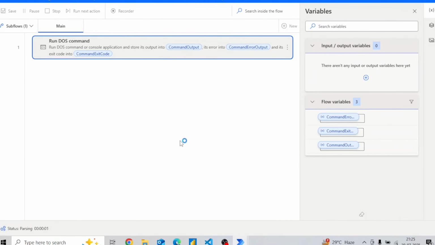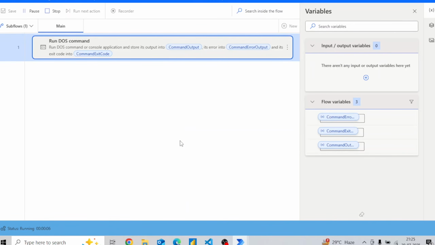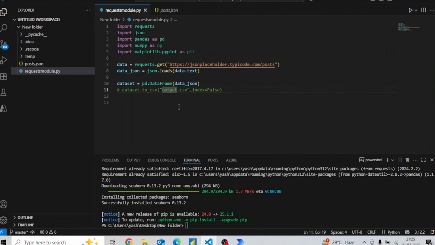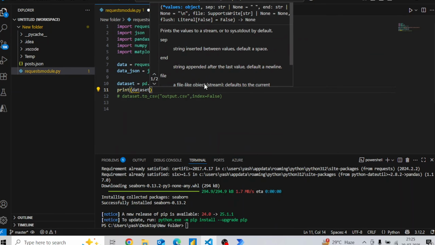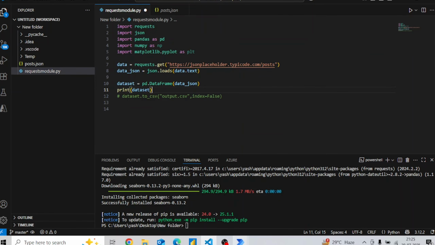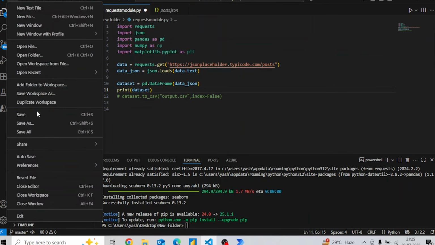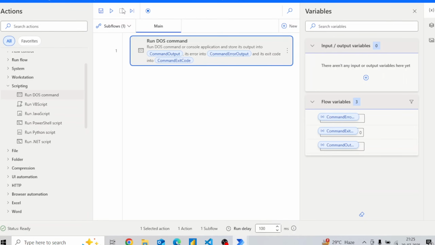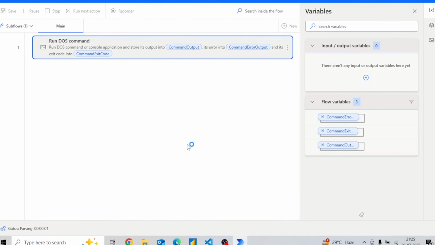Now if I run this, you will see that the output will be stored in this particular command output. It has not stored. I just need to do print(dataset). Let me save this. Now if I run this again,